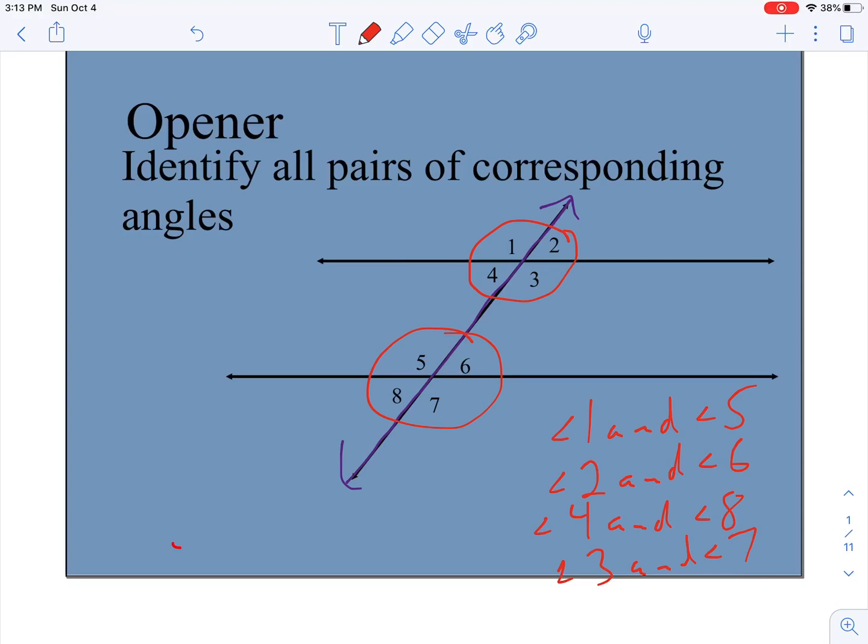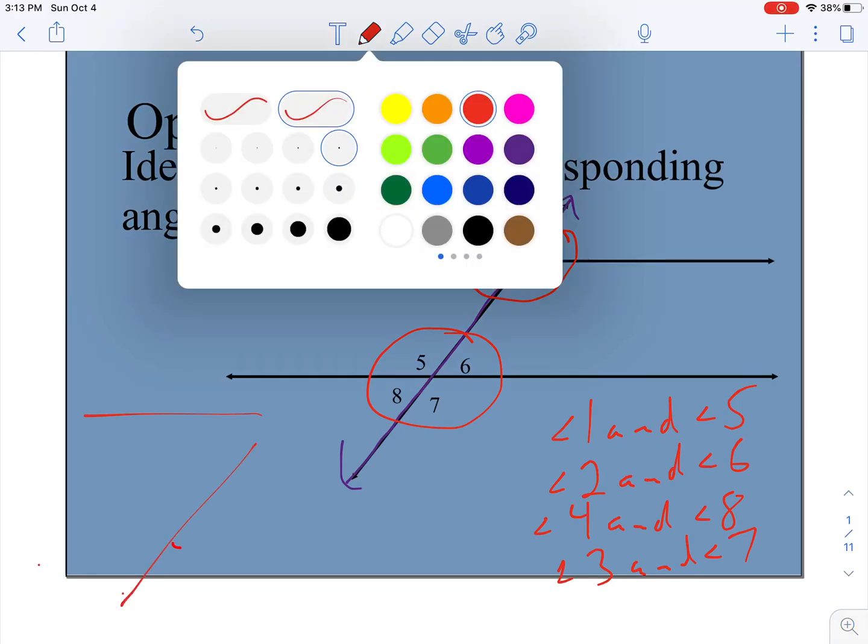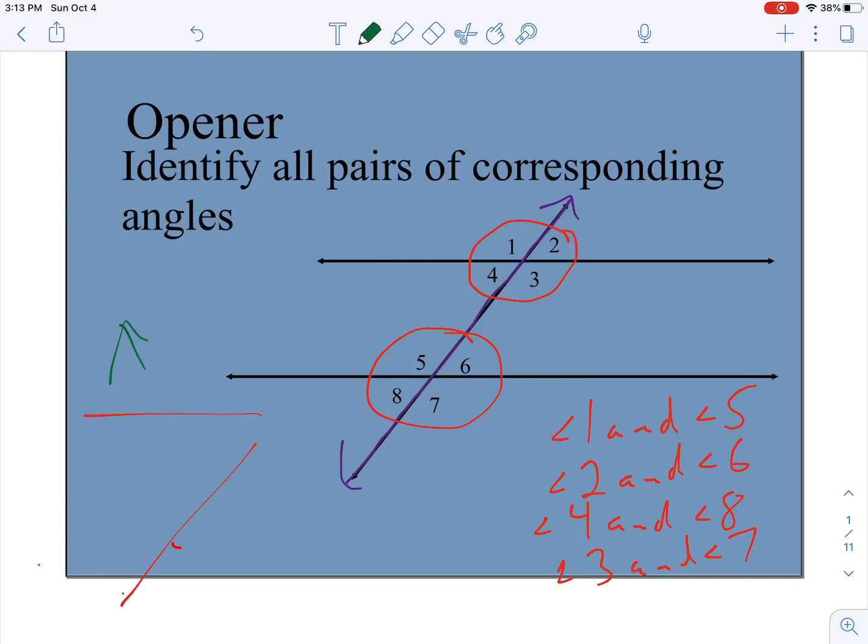It doesn't matter what your lines look like. One line could go this way, and the other line could go this way. If my transversal comes down through, even looking like that, this angle on the top left, this angle here, those are still going to be known as corresponding angles. However, when these lines are parallel like they were in the opener, these corresponding angles, as well